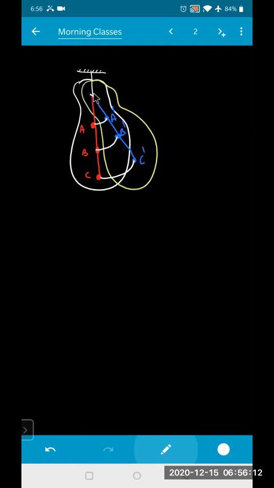But for both of them, the axis is fixed, isn't it? So every time this angle is always constant. If here it is 30 degrees, this is also 30 degrees, this is also 30 degrees, isn't it? If A is being at an angle of 30 degrees, then what is the angle between B and B dash? Obviously the same angle, 30 degrees. And C and C dash will also be the same.